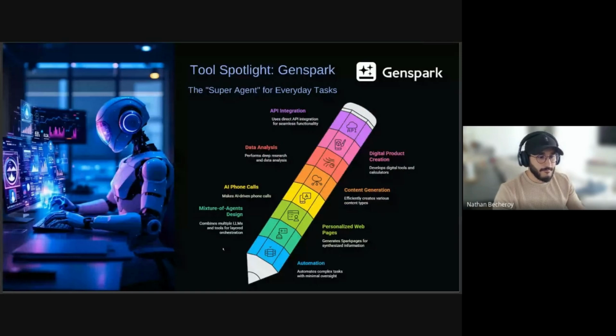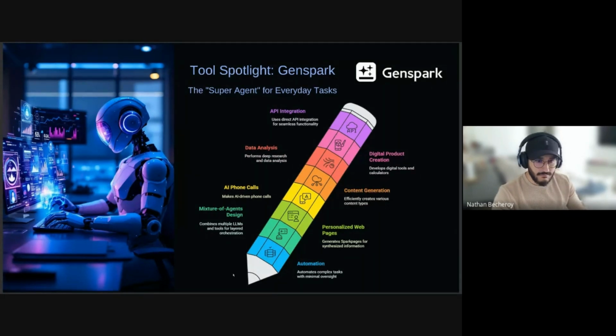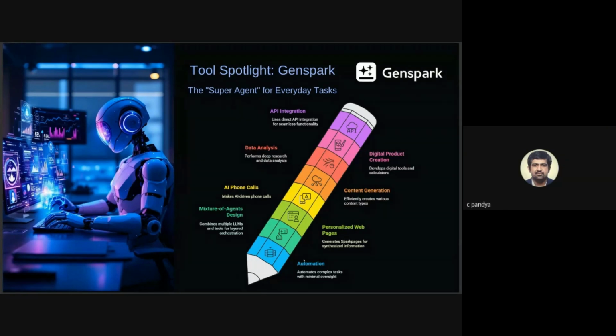Then let's stop here and maybe switch to Manus to see the interface. Or do you want me to go into the two other tools and then see them live? What do you think, guys? I think, Nathan, let's get into Manus and then go tool by tool. Let's go. Thank you.